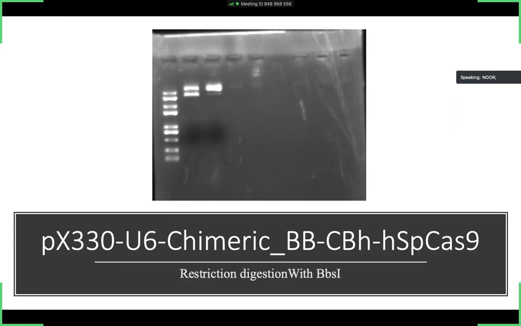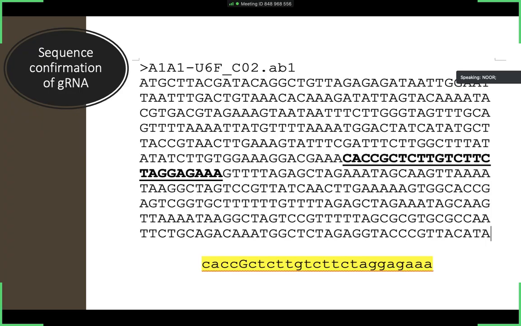This is the plasmid. This is the plasmid name, and you have to digest with BbsI. I have shown the picture before, so it will become a single strand. Then you have to gel purify, and then you have to ligate your sgRNA, and then you have to go for the sequence confirmation of your sgRNA, whether it is successfully ligated or not, and then you are ready